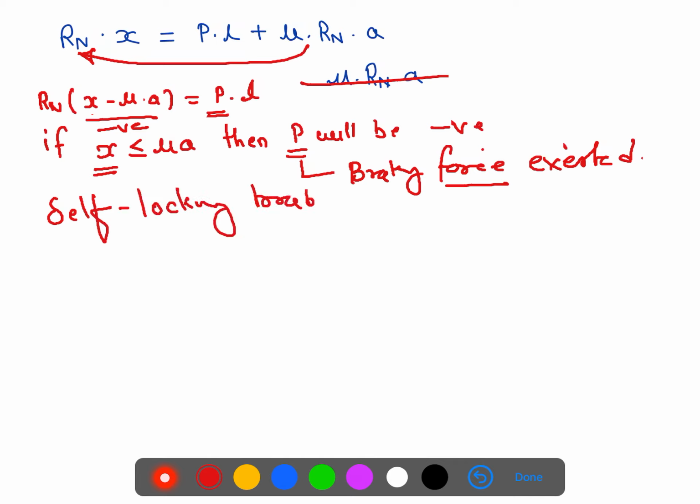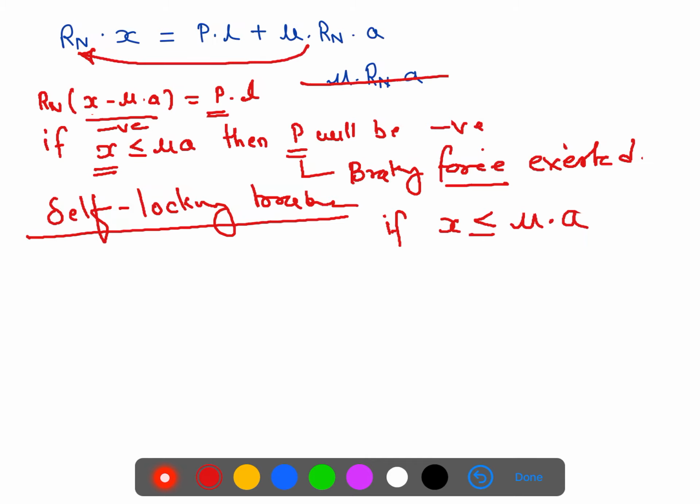Means is we will not need to apply any force on the braking pedal. Whenever the machine will start, it will automatically apply the brake, and this type of arrangement is called as a self-locking brake. Or I can say, if x is less than equals to mu into A,